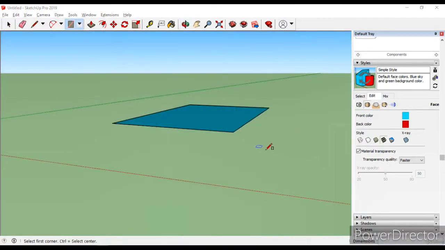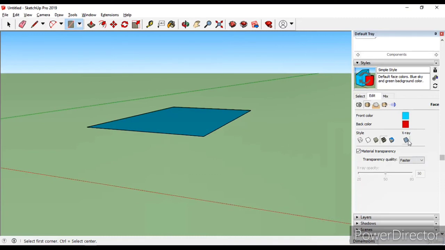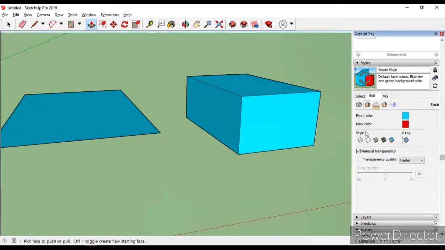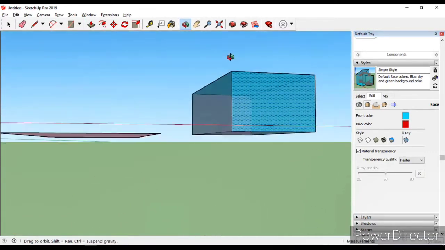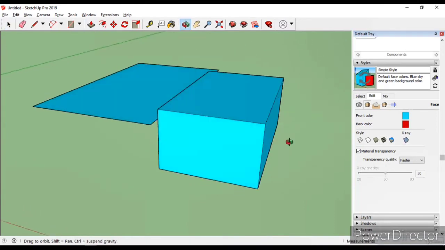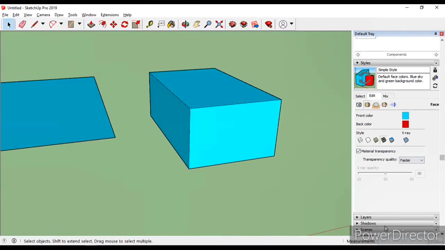The options we get in style is really important and helpful for us whenever we will do the complex modeling. Like in X-ray, it's really important. Like if you want to see the back side of the edge, if we click X-ray, we can see the back side of the edge, which is not visible when it is opaque. So it's really helpful options we can see here.